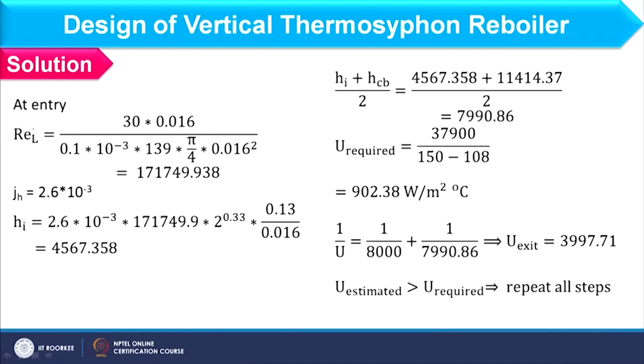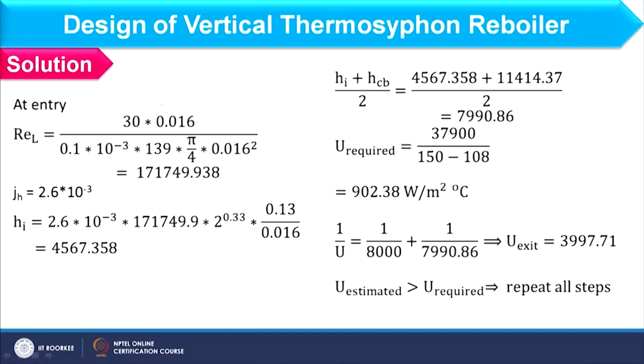Okay. So, you see at entry condition we have pure liquid which is 30 kg per second, fine. So, at that point we have only convective boiling. Okay. So, we can find out, and the expression of convective boiling you have already used, and in that expression we have to change the Reynolds number, because instead of considering 1 minus x we have to consider total feed as liquid, right. So, Reynolds number you can revise, and that will be for complete feed, and here the Reynolds